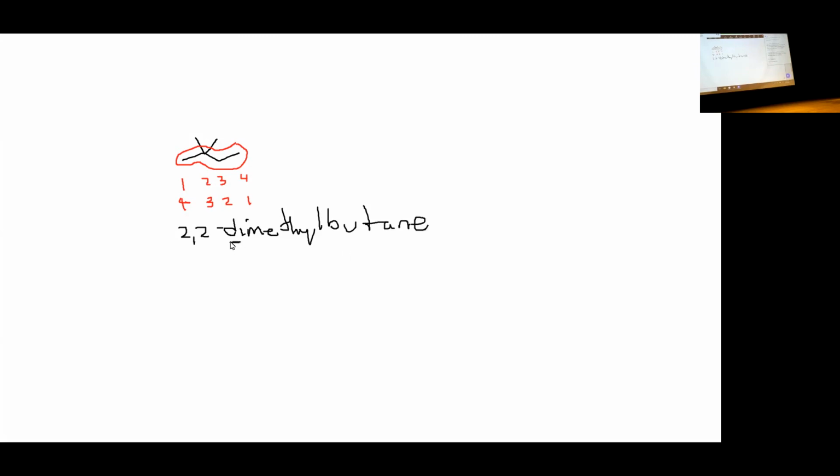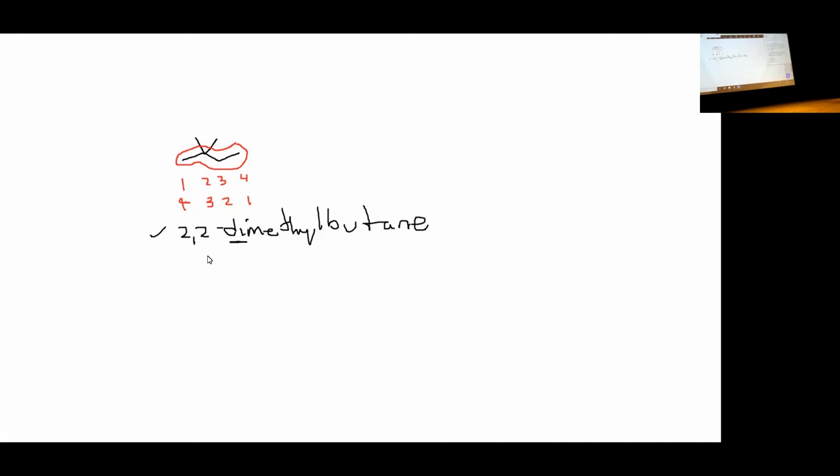Now this di over here means that there's 2 methyls, right? There's 2 different methyl groups sticking off of that carbon. And the reason we say 2,2 like that is because we have to specify they're both coming off of carbon 2. The only other plausible name would be 3,3-dimethylbutane, but we would prefer this one